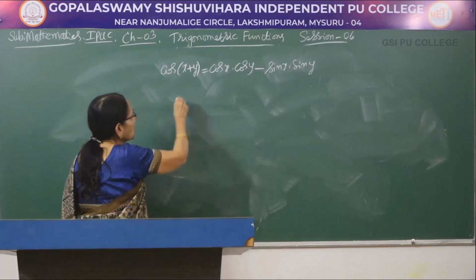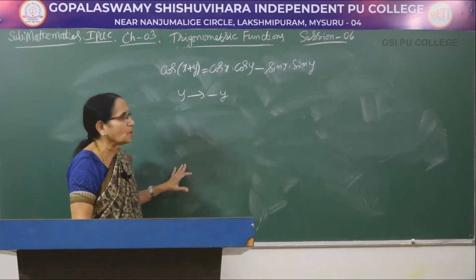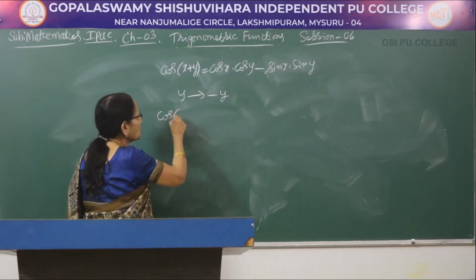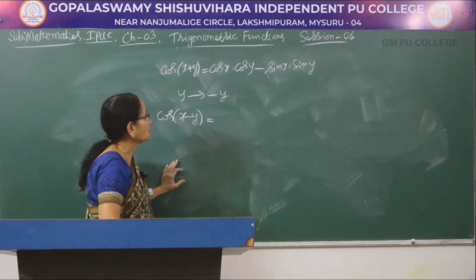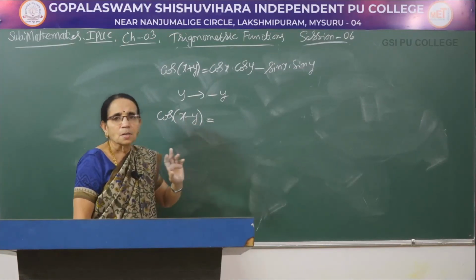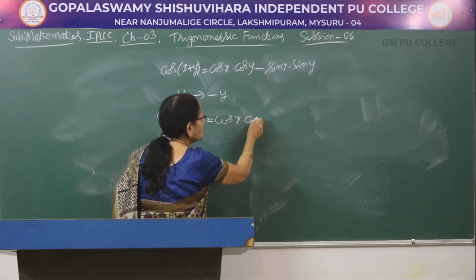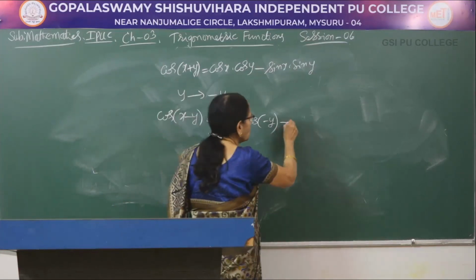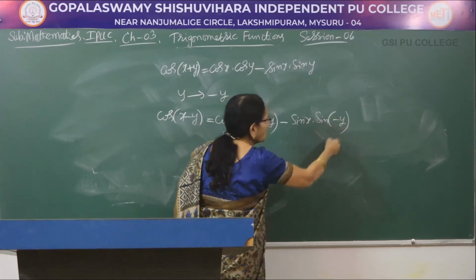Now, suppose I change y to minus y, whatever may be the value of y. If y is changed over to minus y, then let us look at the left hand side, it becomes cos of x minus y. That means this is one compound angle, x plus y, sum of the 2 angles. Here I am getting the difference of the 2 angles. Now, wherever y is there, replace it by minus y. So, cos x into cos of minus y minus sin x into sin of minus y.